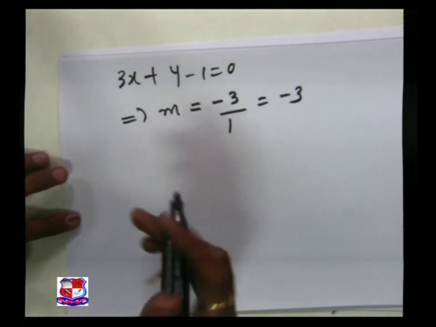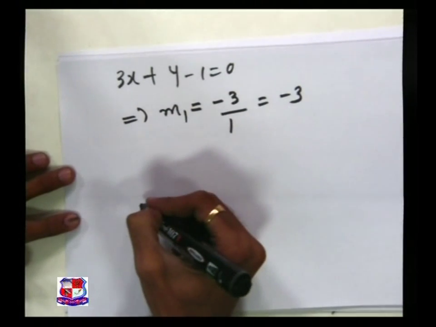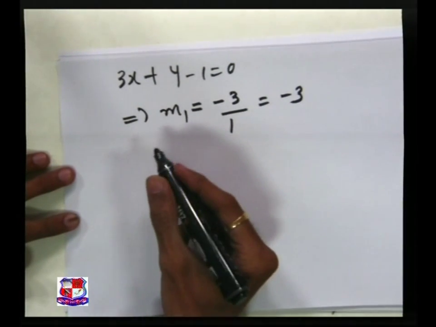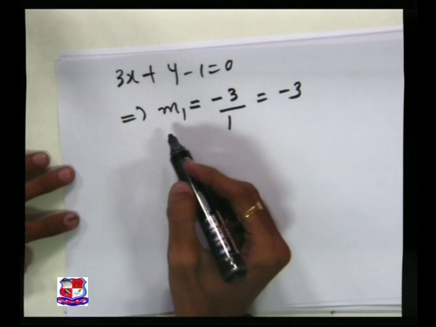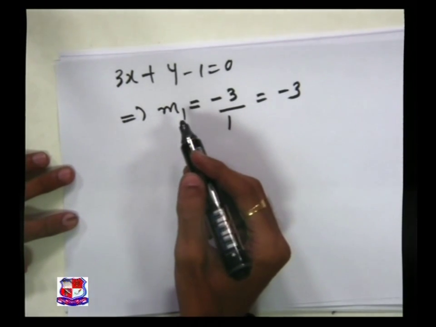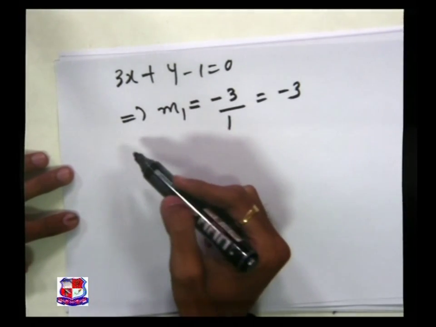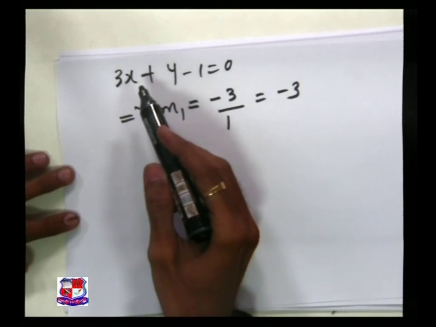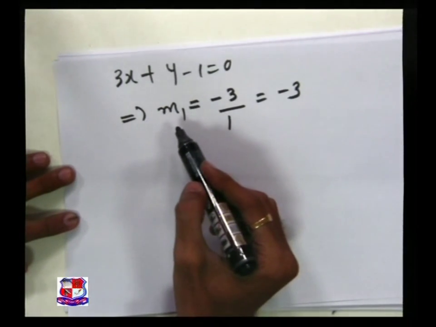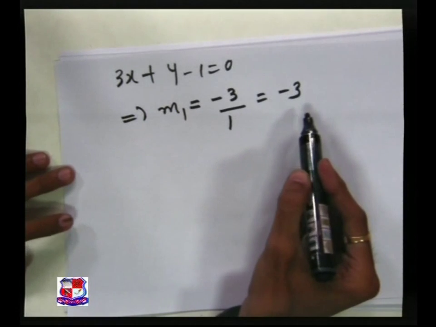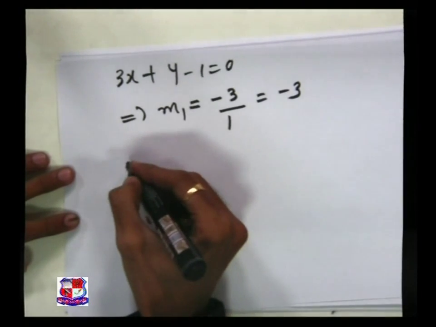And we have given that this is m1, because this is the slope of the first line. We need to find the line which is making an angle of 45 degrees with this line. So here the slope of this line is m1 is equal to minus 3. If the slope of the required line